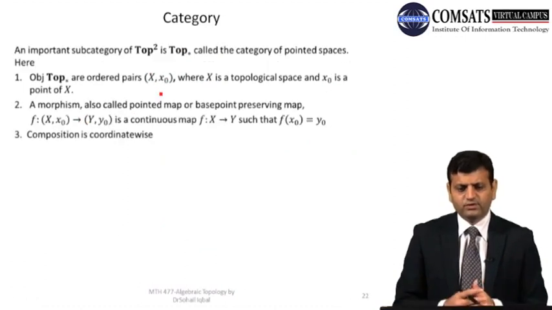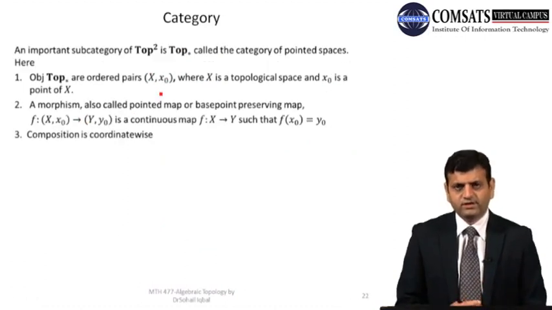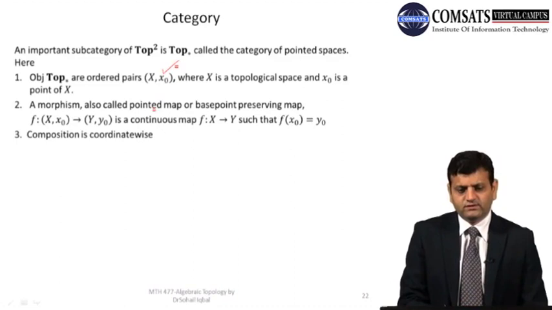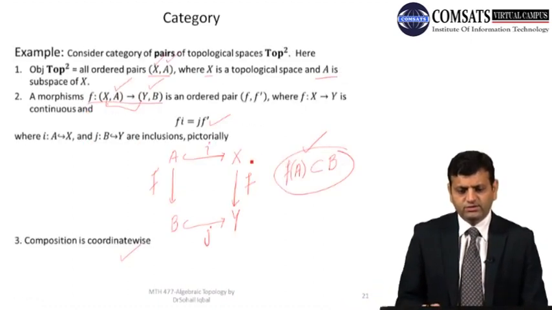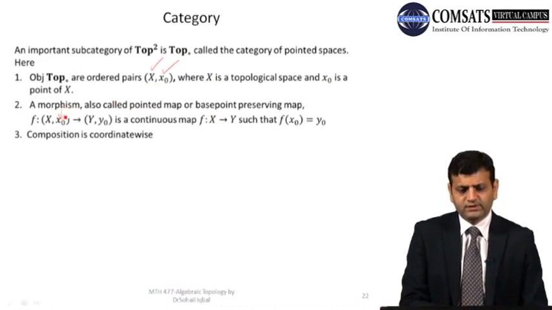There is an important subcategory of the category of pairs of topological spaces. In this category, instead of taking a subspace of the topological space, we just take a point from the topological space X. So how do we define a morphism? Let's go back and see the condition. f should just be a continuous function from X to Y such that f of A is contained in B. In this case, our subspaces are just points. So we can say that f is a morphism from X to Y such that, this x naught